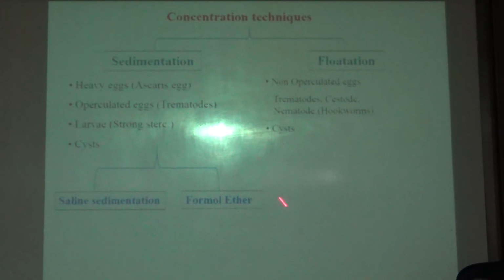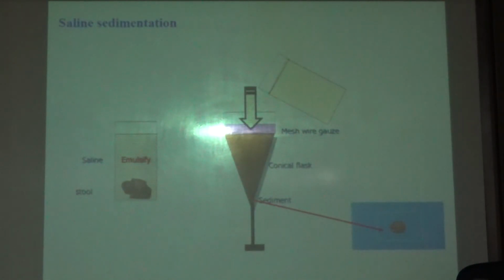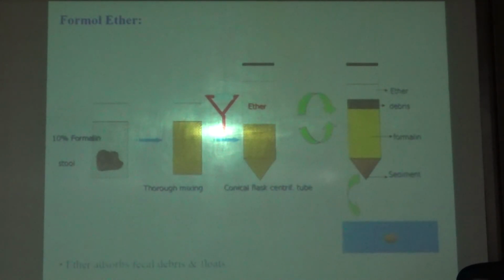In sedimentation, we use two main methods, saline sedimentation and the formol ether method. In this sedimentation, as you can see, some of the eggs will sediment at the bottom. These are very simple procedures. We take saline and stool sample, emulsify it, and pass it through gauze, and we get the sediment. In the formol ether method, we use ether along with this, and we see the sediment here, and formalin we also